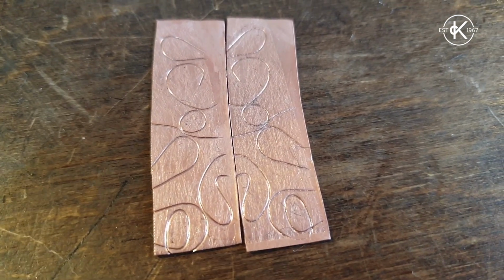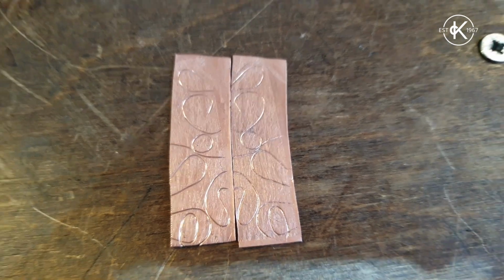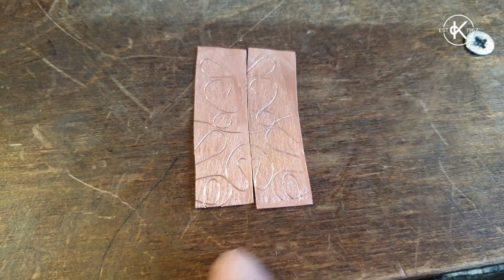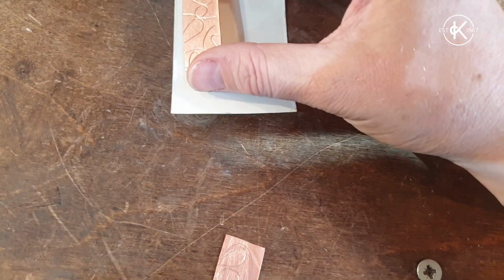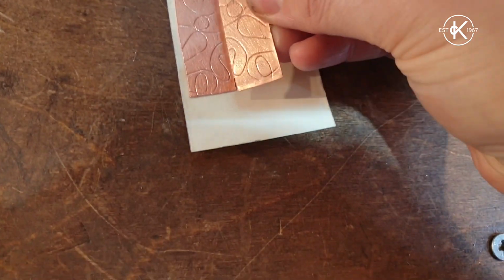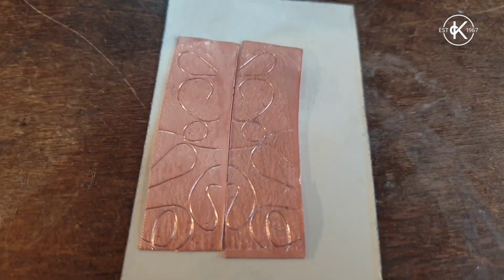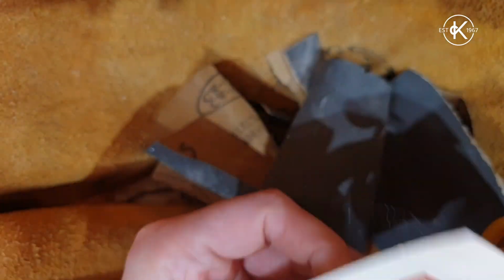Because I've got a matching pair, I'm going to make them into earrings. Now, I'm going to cut them both at the same time, just to speed it up. So what I need to do is stick them together in a little stack, but I want to make sure that my pattern matches up. So what I've got here is some double-sided sticky tape. I'm going to stick one on one side, and then the other one I'm going to try and line up on the opposite side so the patterns match. I've got my patterns lined up and matching, double-sided sticky tape, and what I'm going to do now is just